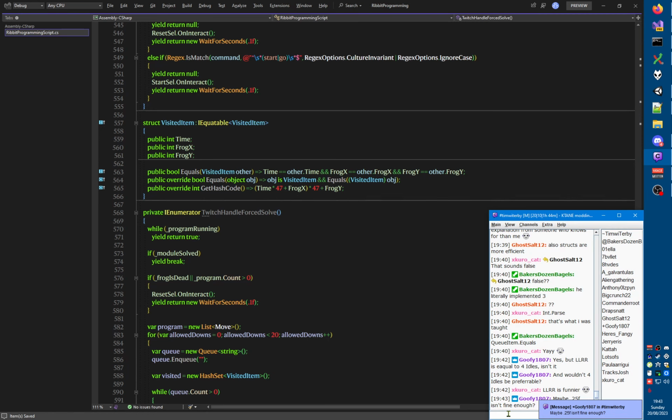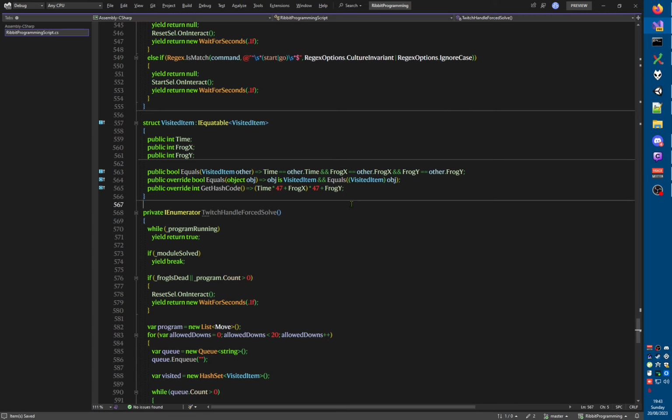Maybe 0.25 isn't fine enough. No, I mean, if you can figure out why it might not be fine enough, then explain. But if you're just guessing, then no, because I thought about it, and the fastest that anything can go is 2.6, and the smallest gap you can have between the start and the end of the log is 2, and the largest car you can have is 2, which is